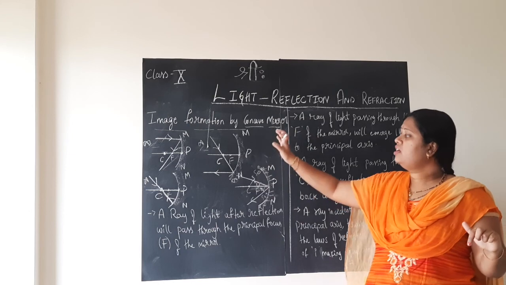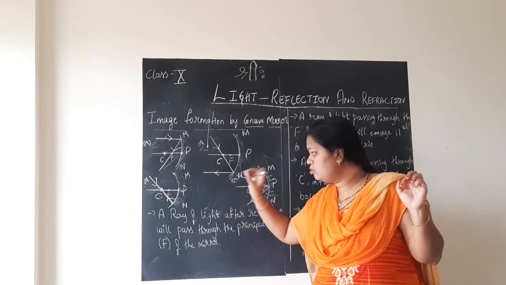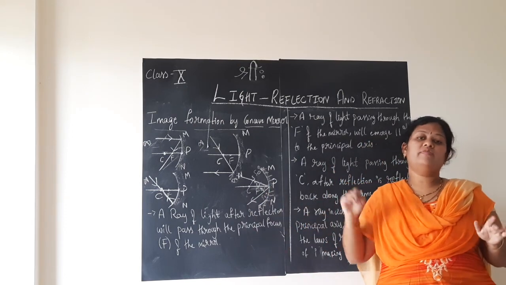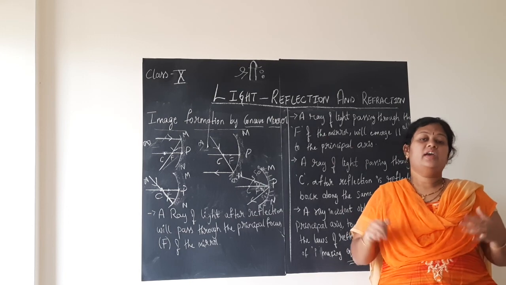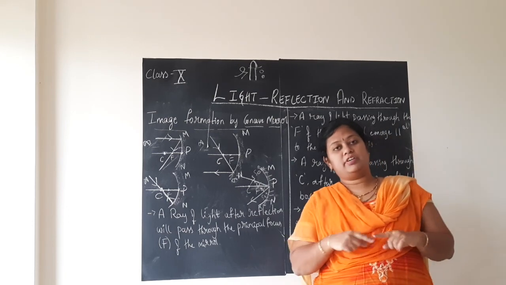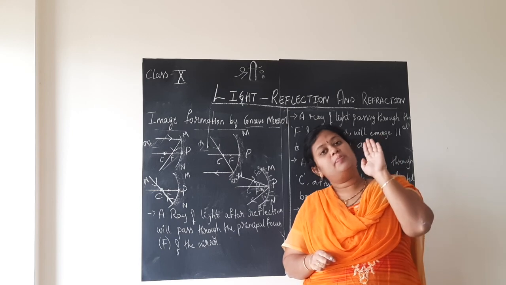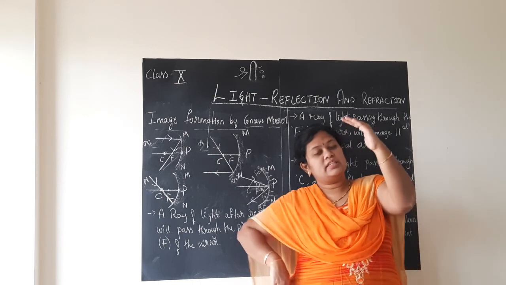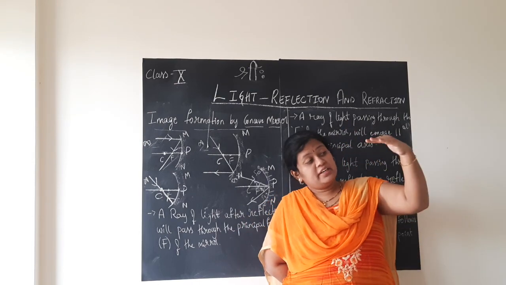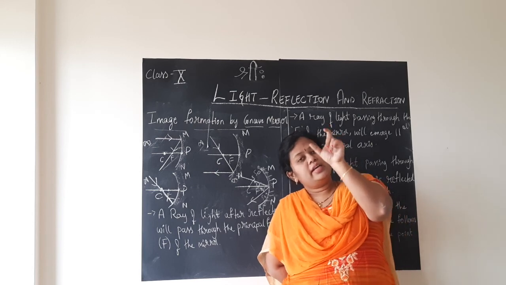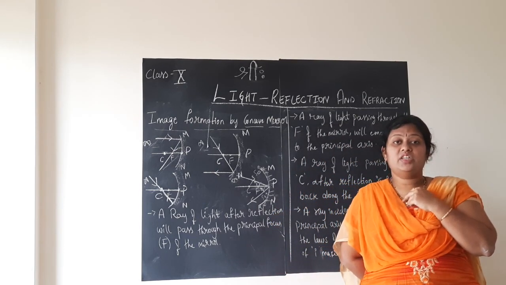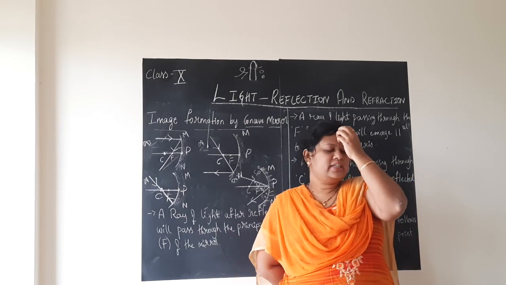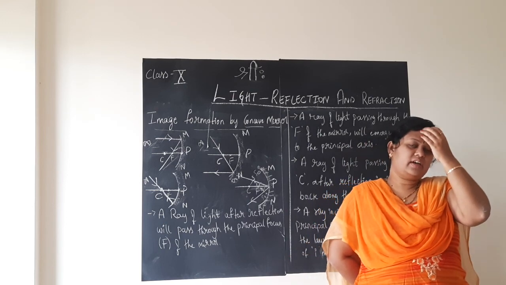This is about the concave mirror, the basic points to learn the ray diagram. With this background, now we shall learn the ray diagram. In your textbook you have a table given, in which the first column says the position of the object. Different positions of the objects are given. In the next column you can see the position of the images, where the image is formed. Next column has the position of the image. One more column has the nature and size of the image. So object distance, image distance, all that I should tell you.